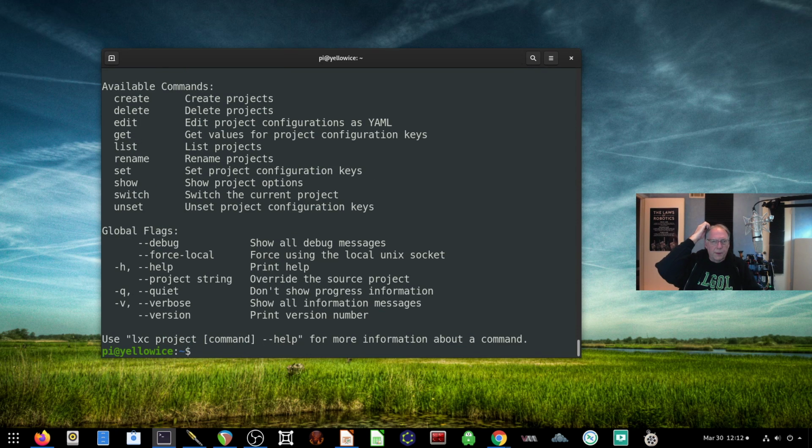Projects are used to organize a bundle of containers into a group that you might want to keep together. So say you're a cloud provider and you have a number of clients, you might use projects as a way to segment the containers one from each other so that you can keep track of which containers belong to which customer. Ubuntu has a tutorial on their website that I'll post a link to below if you're interested in pursuing that kind of organizational detail. But for today,